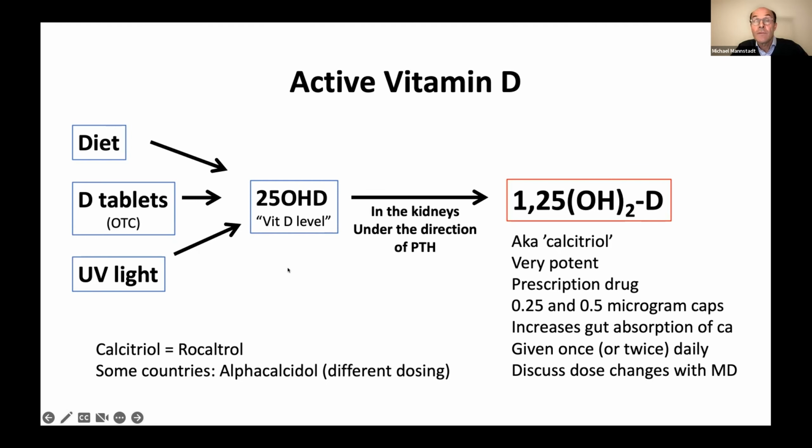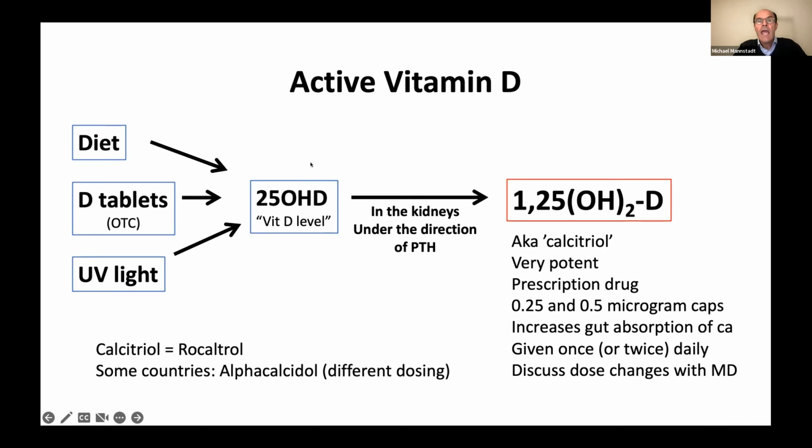And if they say your vitamin D level is too low, that means the 25-hydroxyvitamin D level is too low. So you either have to take more through the diet, for instance, fish has a lot, or you take more tablets, that's the typical thing. UV light has the problem that it might cause skin cancer, so you cannot go overboard with it. These are the over-the-counter vitamin D tablets, right? 1,000 units, 5,000 units, 10,000 units, and whatever. There are some strong ones that are prescription, like 50,000. But if your neighbor says, I'm also taking vitamin D, they typically talk about these vitamin D tablets.